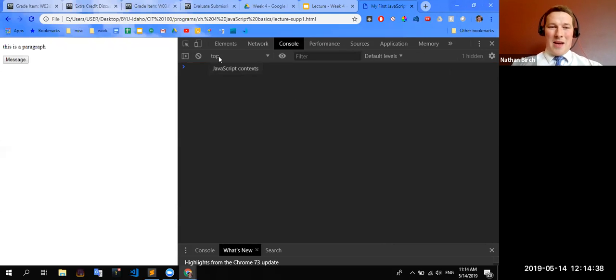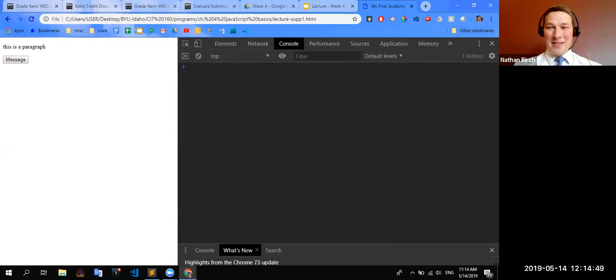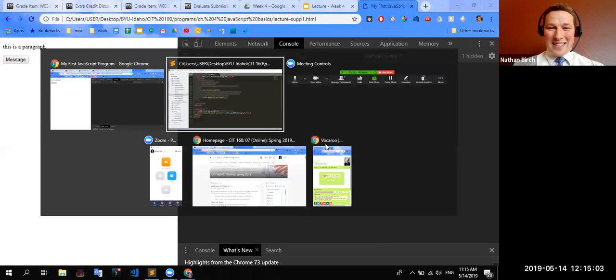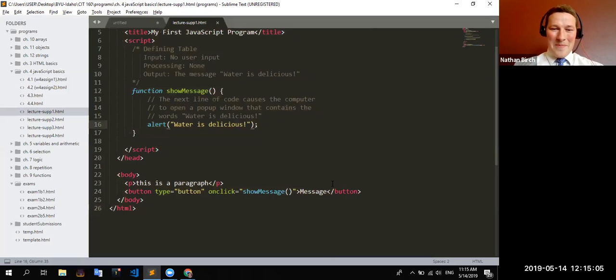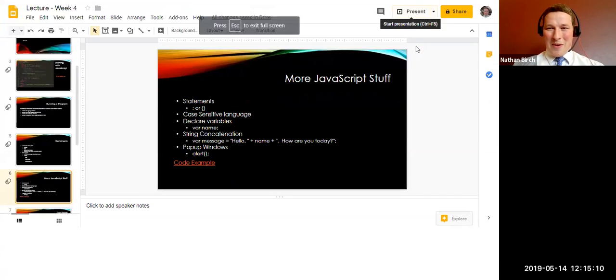I always tell my students this: I would highly encourage you to leave these tools open when you're developing code. They're extremely helpful if errors are showing up, because otherwise I would have just pushed this button and nothing happened. I would be like, is Google Chrome frozen? Is there something wrong with my computer? Did I click it? But with this open, you'll see that it did get clicked and it threw an error because the function didn't exist. So I would encourage you to leave those tools open while you're writing your code.